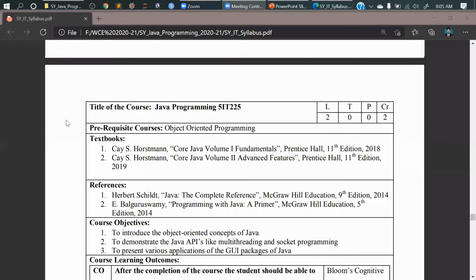Let's start with the course. The course name will be Java Programming. We'll be having both lab sessions as well as lectures. The prerequisite given for this subject is object-oriented programming. Last semester you learned C++, which was, you can say, partially object-oriented, whereas we'll be seeing Java in terms of purely object-oriented. It will be a total object-oriented platform where we'll be learning a new programming language called Java.